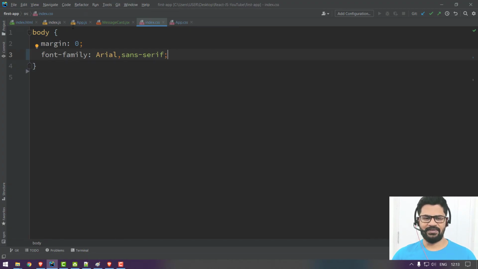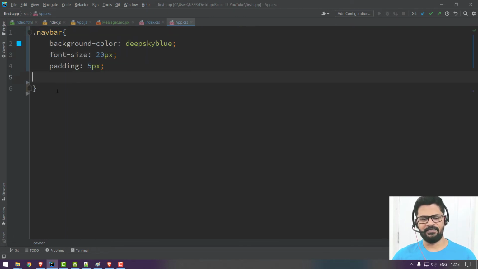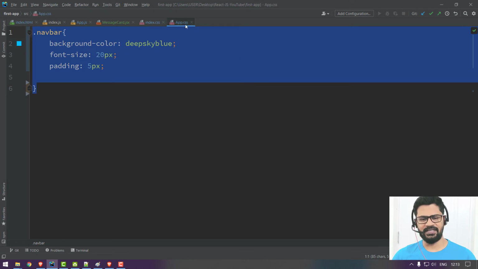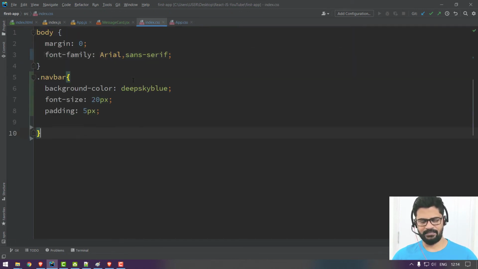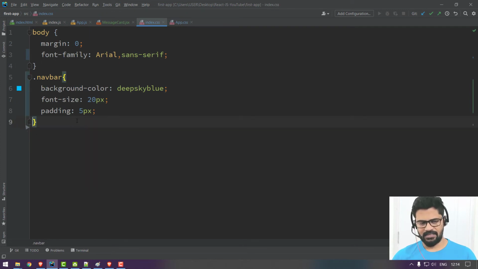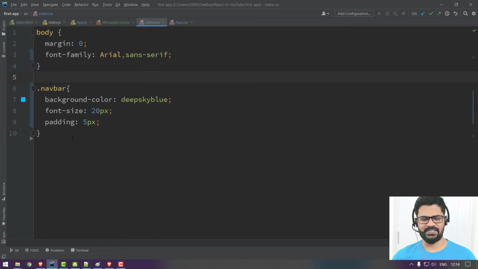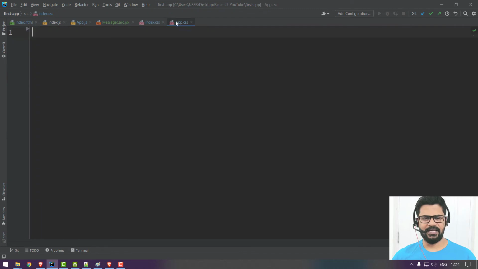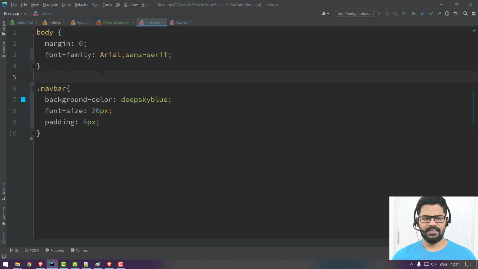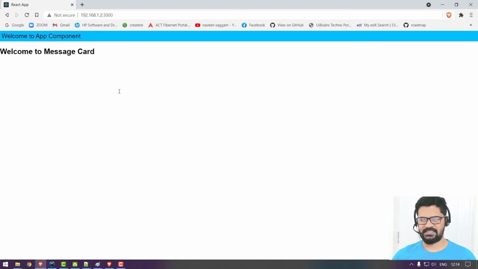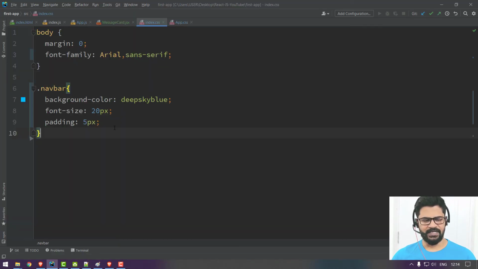Okay. And one more way, my practice is I don't want to write the styles for every component's own file. I'll always write them directly in the global one. You can practice this, because one application contains one style.css which contains its own styles. So instead of writing in app.css, I write in index.css. That is a global style sheet for the whole application. So it also affects. Okay, fine.